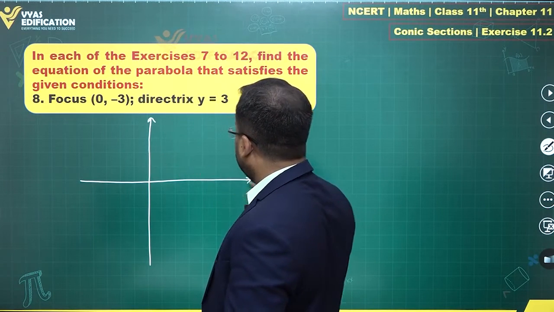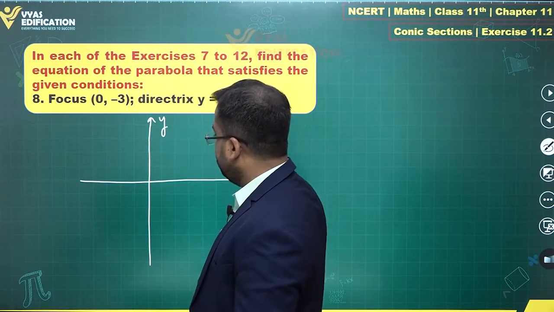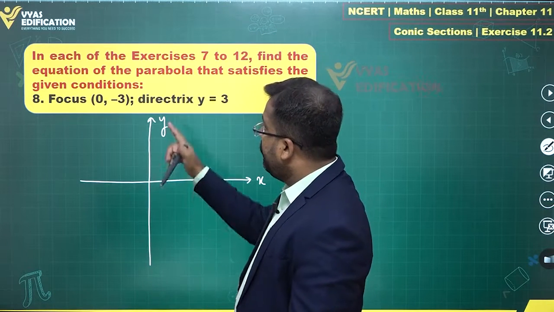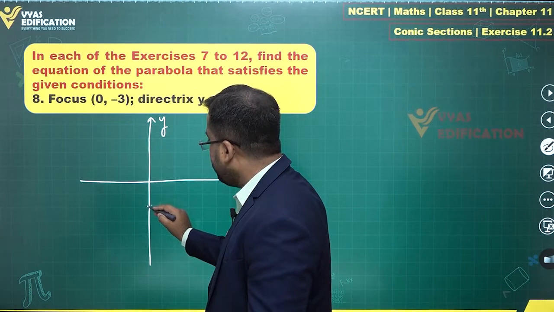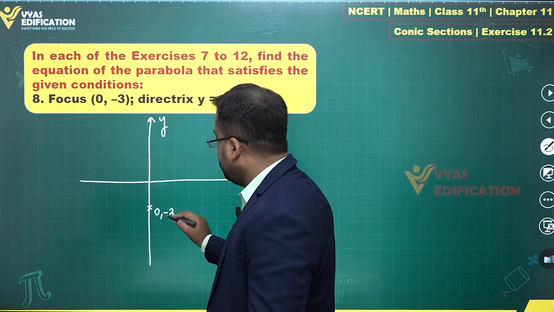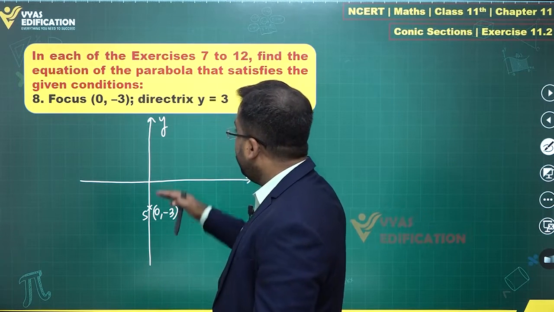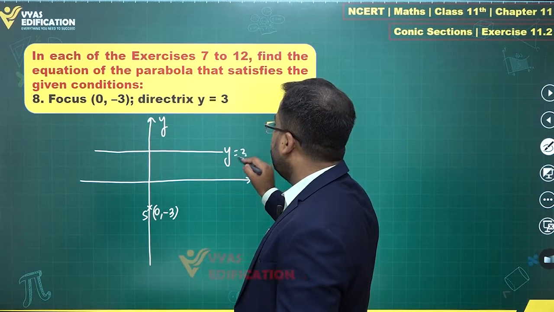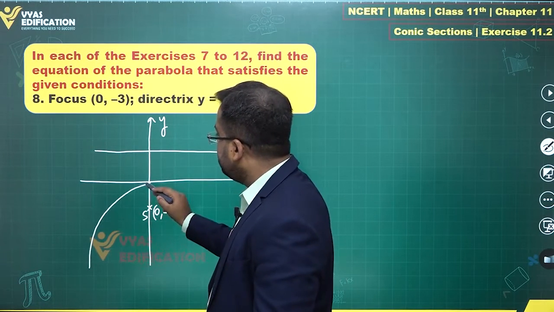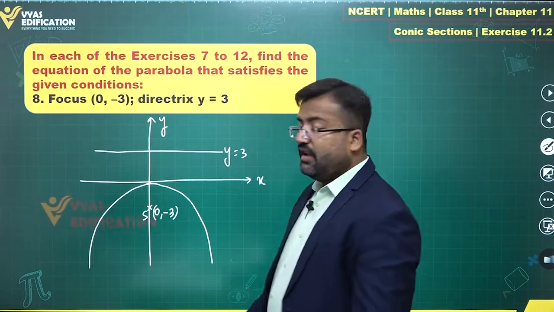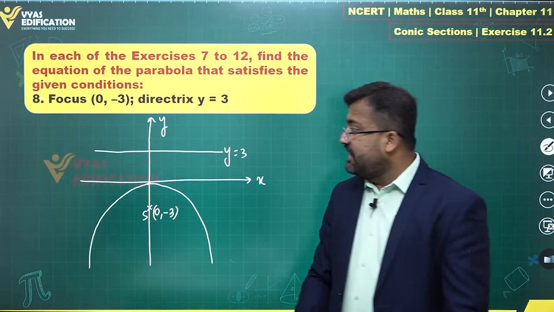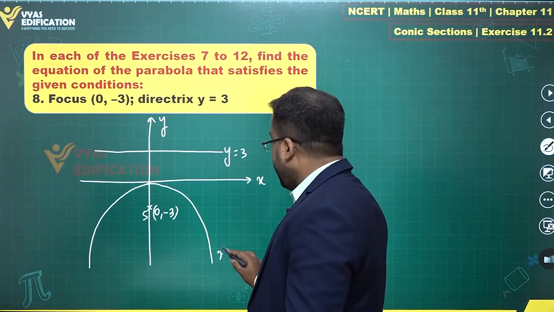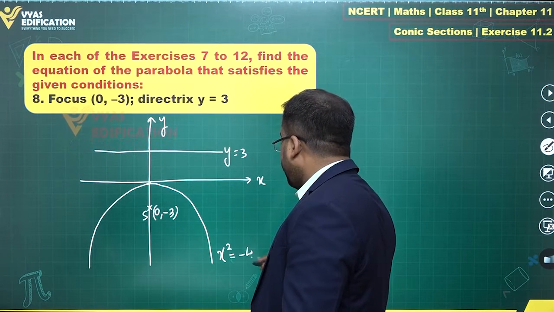So let's draw the coordinate plane first of all. This is the Cartesian plane. Focus is 0 comma minus 3, mark those points properly. This is 0 comma minus 3, that's the focus. And the directrix is at this particular location, this is y equals 3. You can identify that the parabola will be this downward facing parabola, and a downward facing parabola will have an equation of the form x squared is equal to minus 4ay,